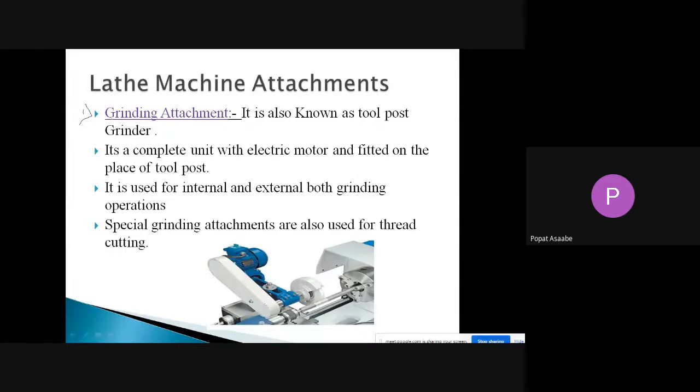Anybody? Jadhav? To remove the unwanted surface. Okay. See here, grinding means smoothness.